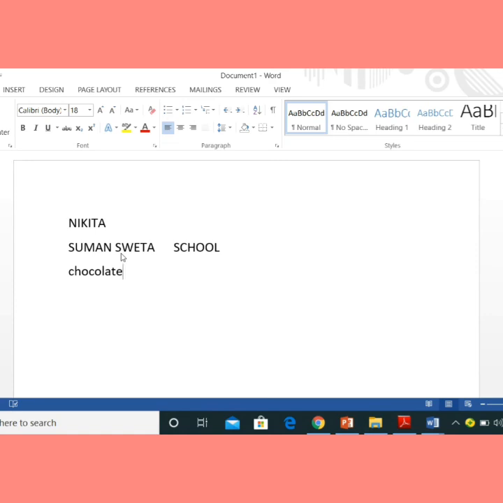Okay, now if I want to print only a single letter in capital then I have to press the shift key. When I press the shift key, one letter becomes capital, and when I do not press the shift key, all letters will be small. So now I'm writing book. Suppose I want to write Book, and only B will be in capital, so I have to press the B alphabet key and the shift key together.